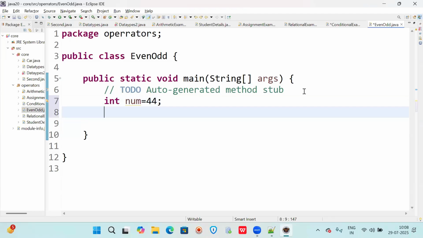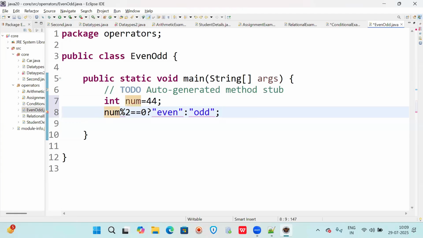Now you have to find out whether it is even or odd. If num percentage 2 is equal to 0, then you can tell it is even. Else you can tell this is odd. That's it, no? But the result is in string format.